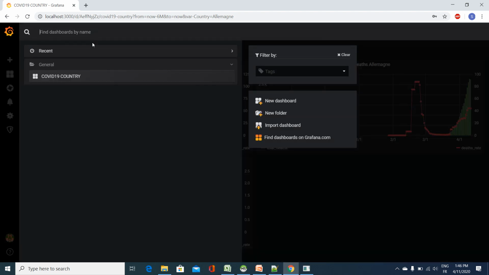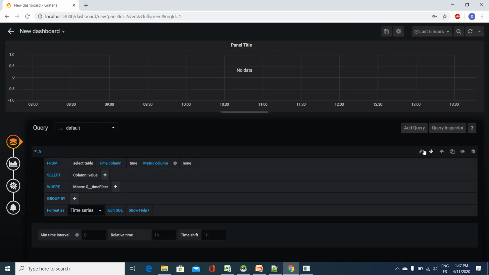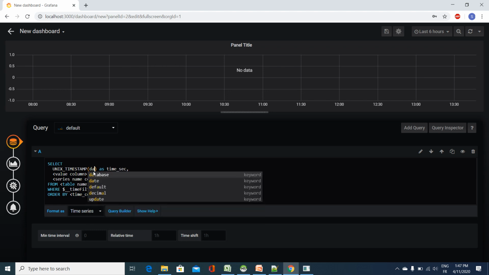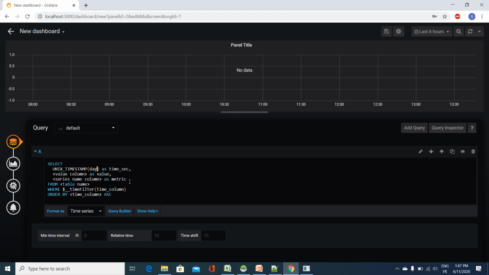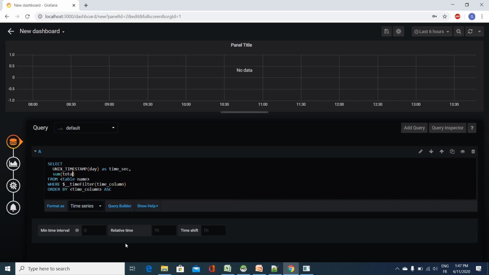I will add a new dashboard for world statistics. I have to add the query, so I will use edit text. So here I will do some manipulation on the values because I have only the statistics by country. I add day here, and for example total cases, I will make sum of total cases. I will give a name as world